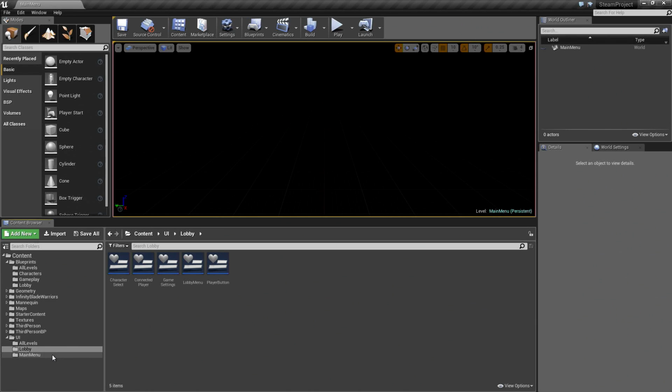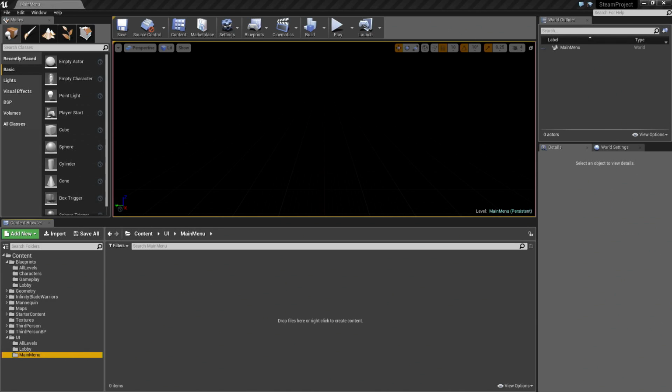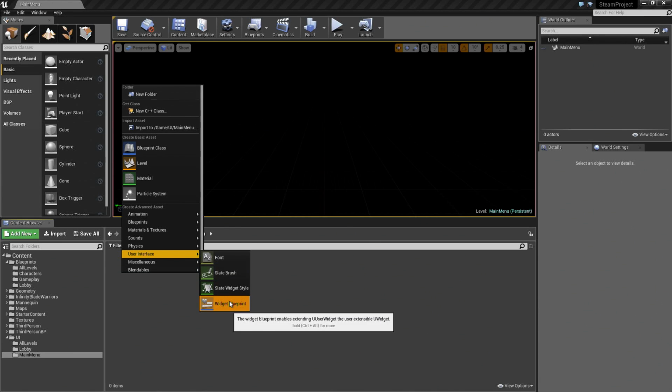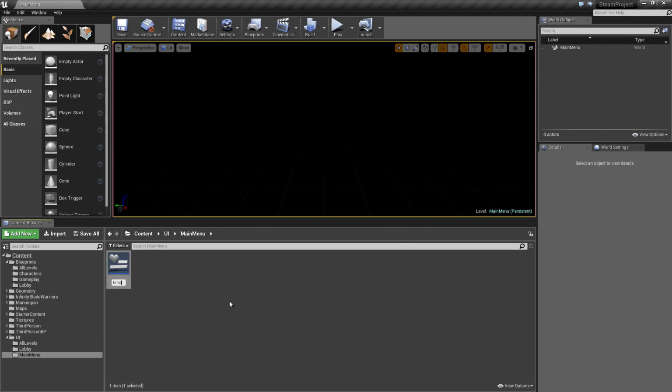And then let's go down to the main menu folder. There's a couple more that we need to create. So inside here, right-click, user interface, widget blueprint. We'll call this error dialog. So if we have any error dialog messages on the front end, traveling, etc., we'll put that in there. Let's Control W. We'll call this one host menu. And this is what happens when the player on the main menu chooses to host a game. They'll get a menu where they can set up their server. Control W. Let's call this main menu. So the main menu itself.